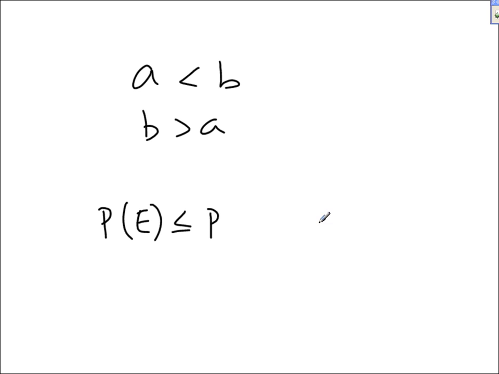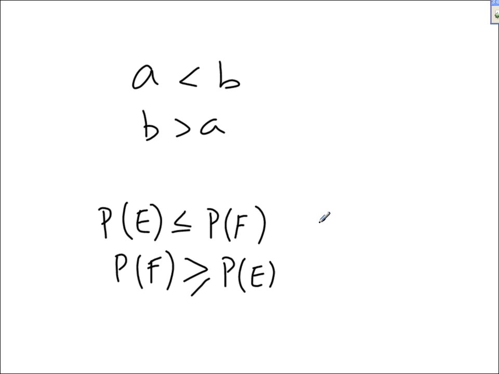Of course, there's only one reason why A is less than B, and that's because B is bigger than A. So, if I say that the probability of E is less than or equal to the probability of F, that's because the probability of F is bigger than or equal to the probability of E. These just go hand in hand. Okay, that's the second